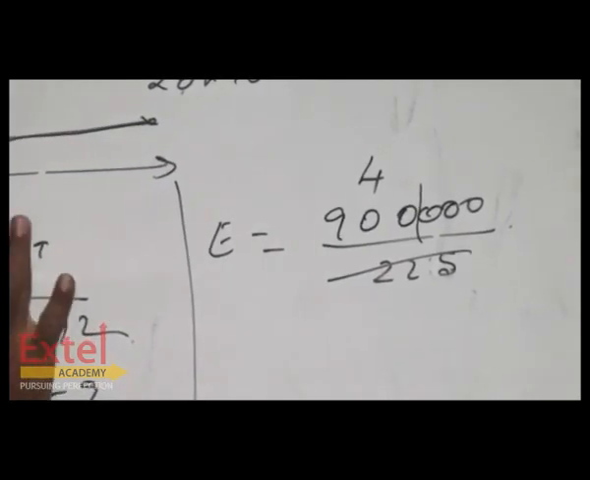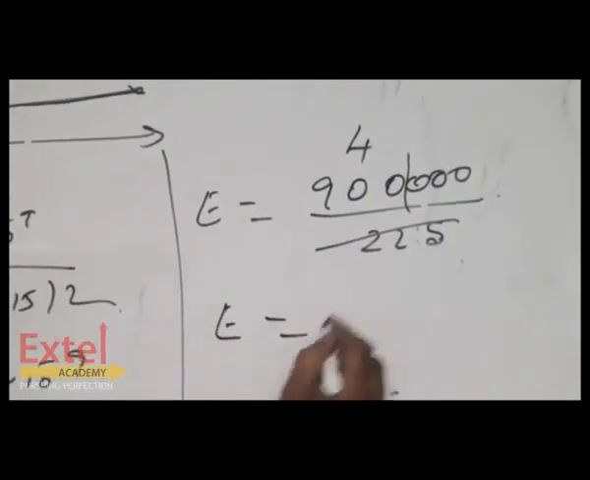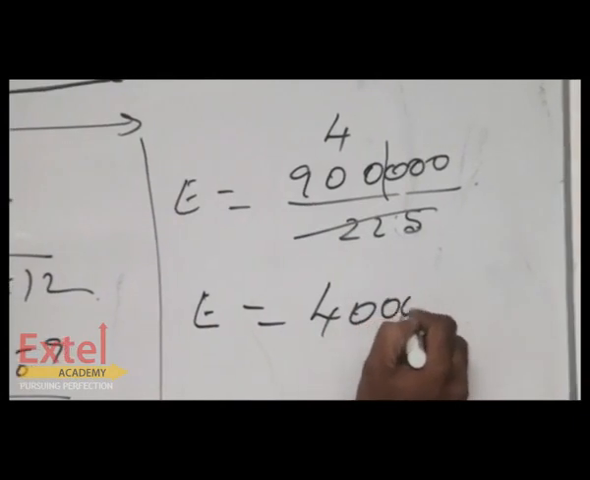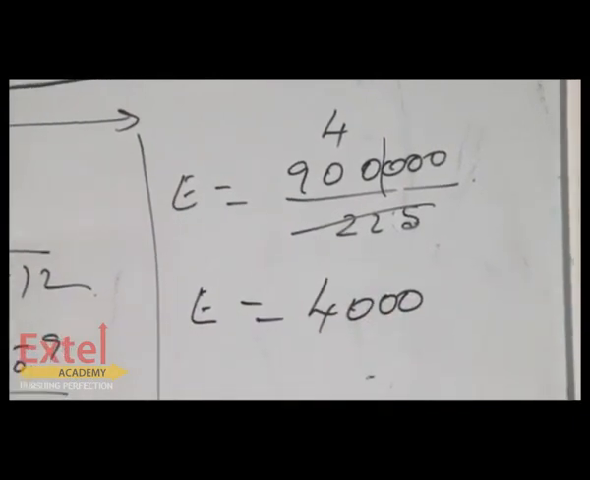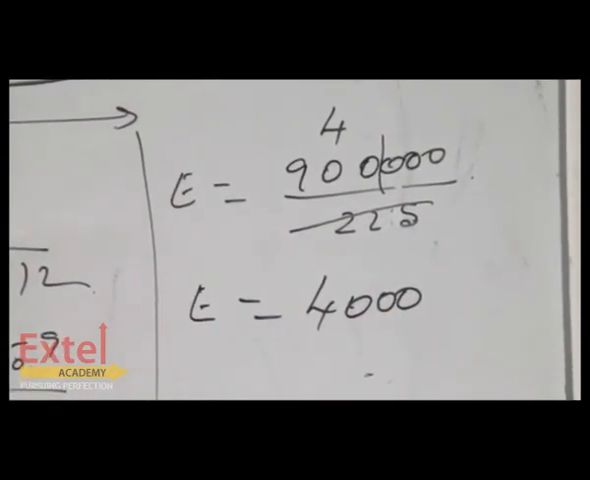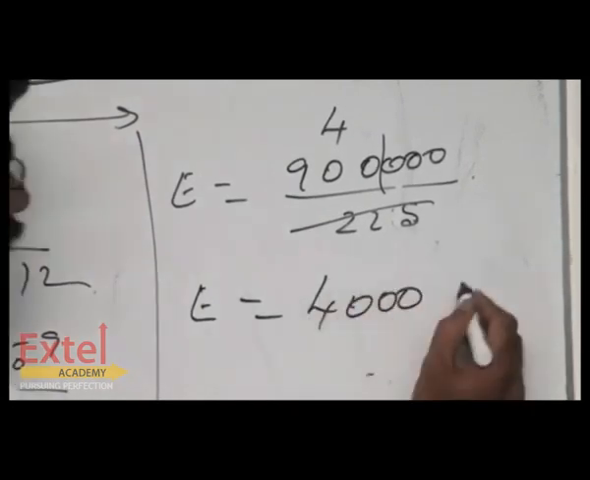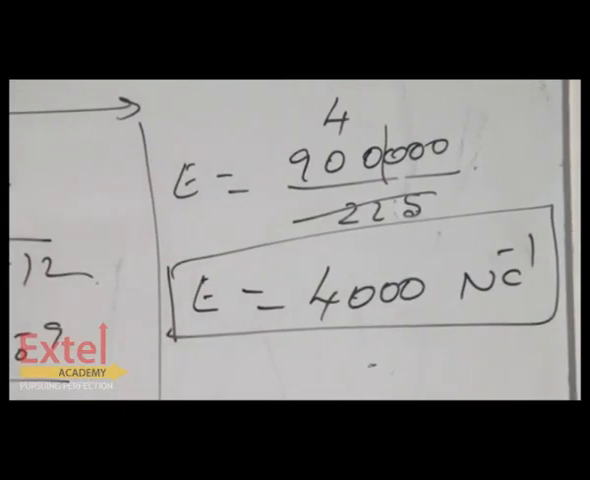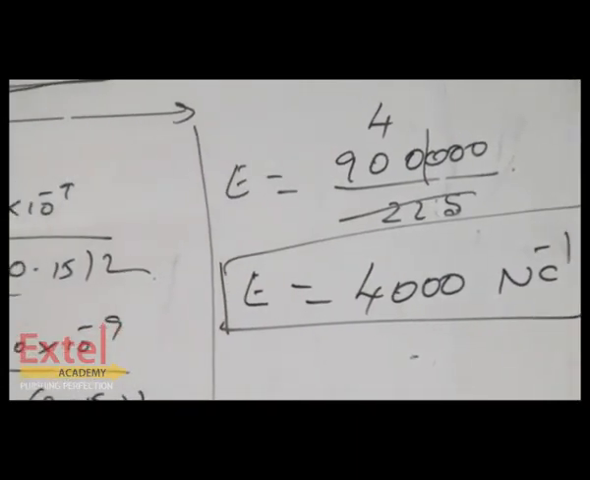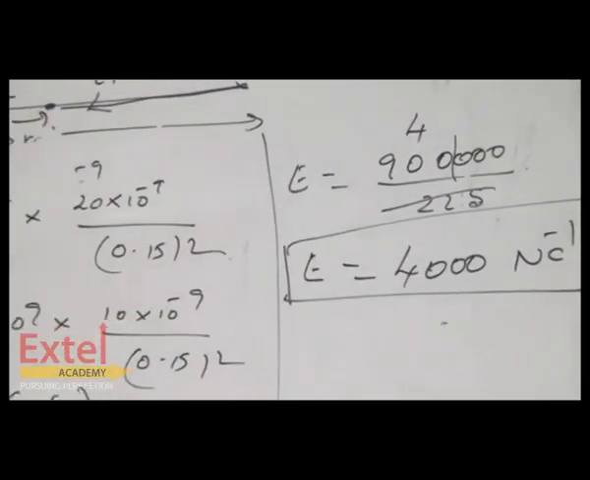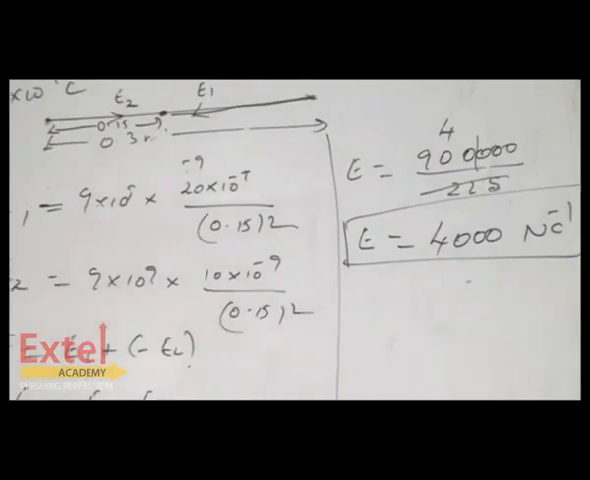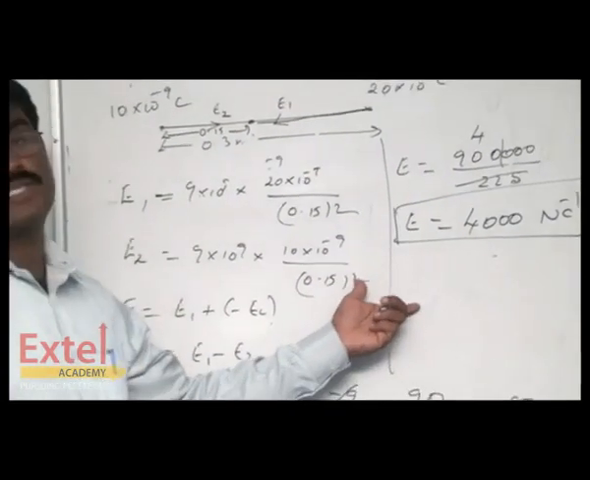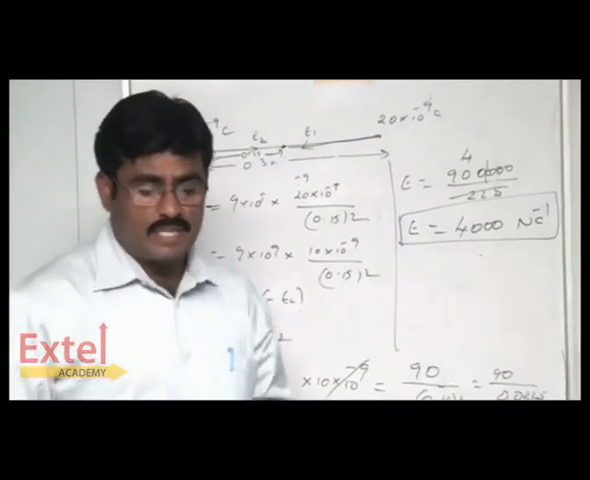So E is equal to 4 1 2 3. What is the unit of electric field? You can use either volt per meter or Newton per coulomb. So I use Newton NC minus 1. So total electric field is equal to 4000 Newton per coulomb. If you use my method, I am not using either a calculator or a logbook, I am using only mental mathematics. So the next sum is,